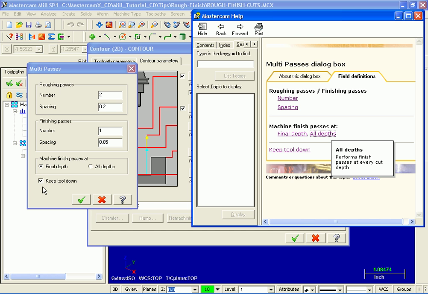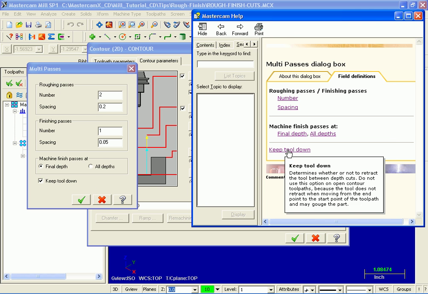And at the very bottom you can see I got a check mark against keep tool down, and if we go into help and click on this link, as in depth of cuts determines whether or not to retract the tool between depth cuts, so the cutter is going to stay down between passes. Now let's minimize help,